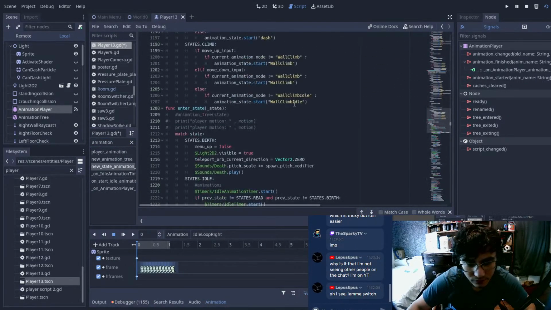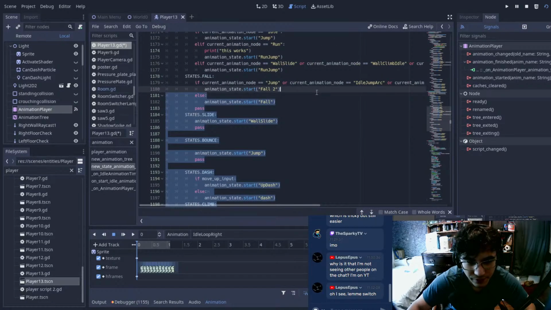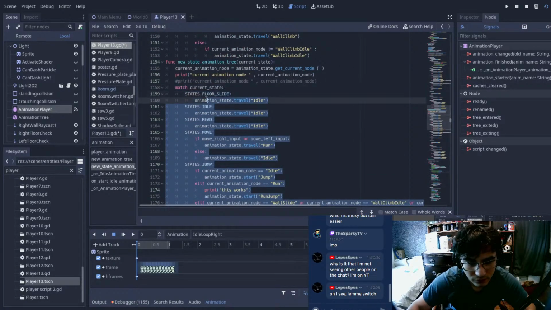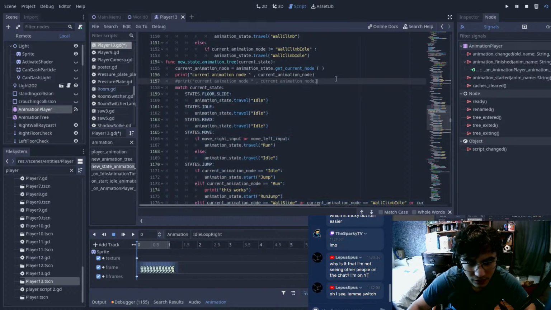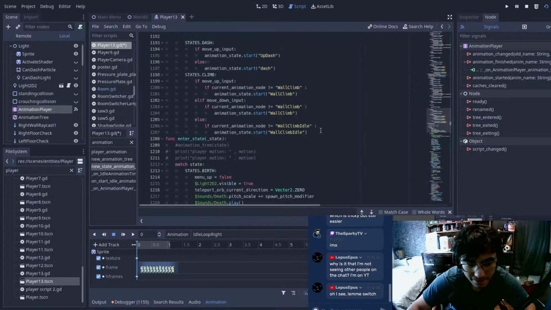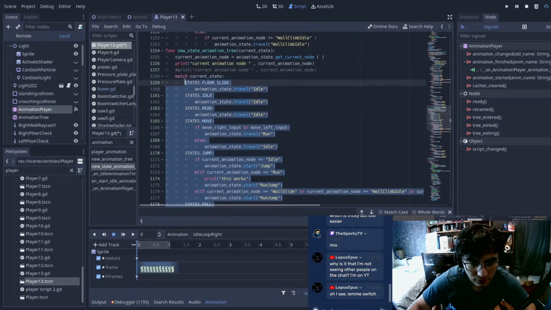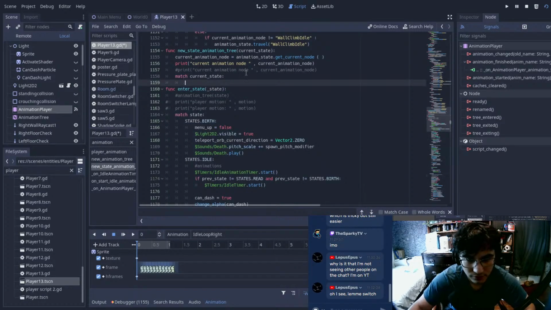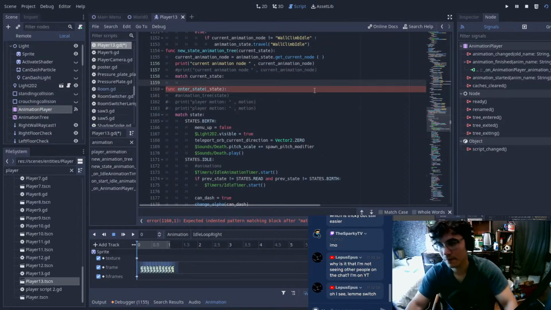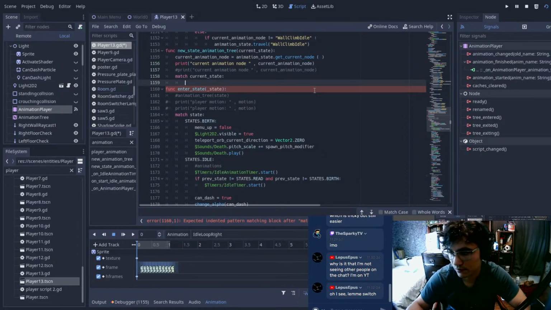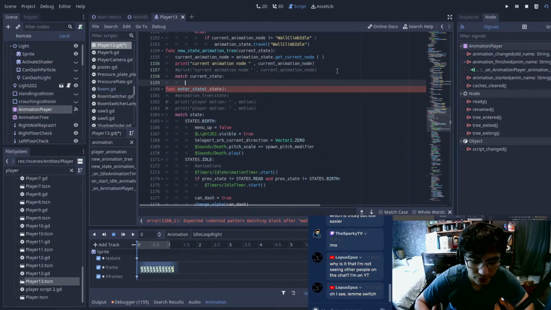So I'm gonna get rid of most of this. And current animation node, we could keep this. So for our state, match current state,